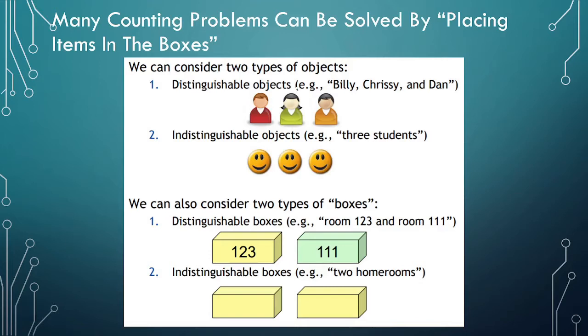As you can see here, we have two types of objects, distinguishable objects and indistinguishable objects. These 3 students are distinguishable by their names, right? These are indistinguishable objects because I just say 3 students. I am not declaring their names or anything. So 2 types of objects are always there, distinguishable and indistinguishable. And you consider 2 types of boxes. Distinguishable boxes, as I can distinguish based on the room number, and indistinguishable boxes, as you see both are identical, so I can't distinguish, right? So 2 types of objects and 2 types of boxes can be there. Based on this, 4 counting problems will be coming.